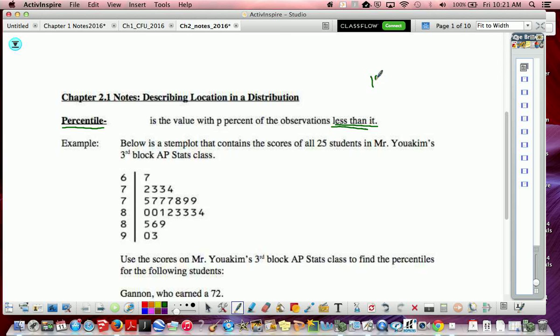So you take the number of scores below your score and divide it by the total number of scores. Very basic, very simple. Something, again, percentile, we did a little bit in Algebra 2. So for instance here,